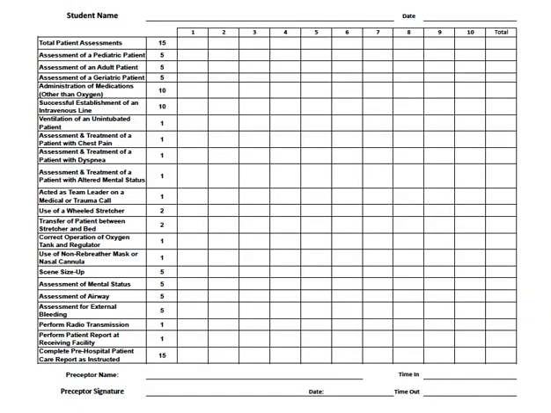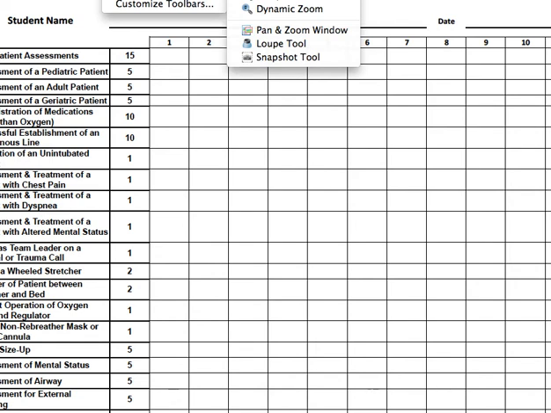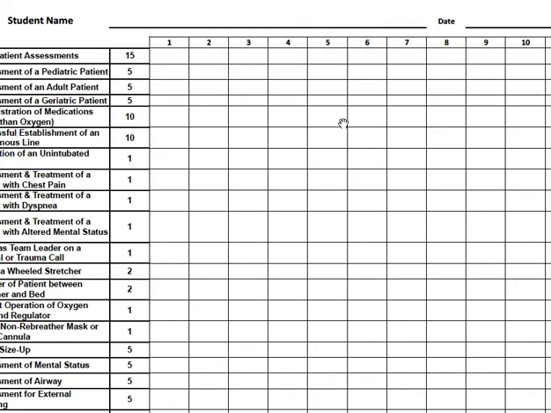Also on this form, let me show you here. If you see here, you have the number 1, number 2. Now this is patient number 1. So whenever you go out on your first patient, where it says total patient assessments,